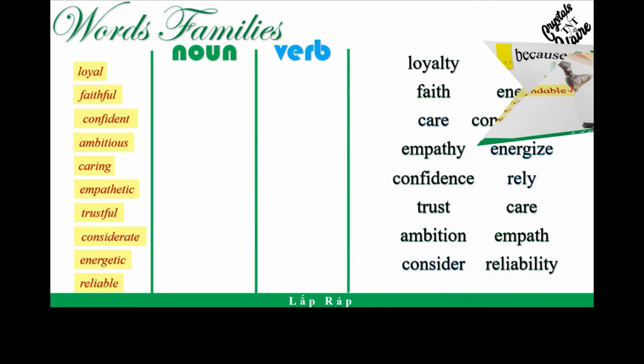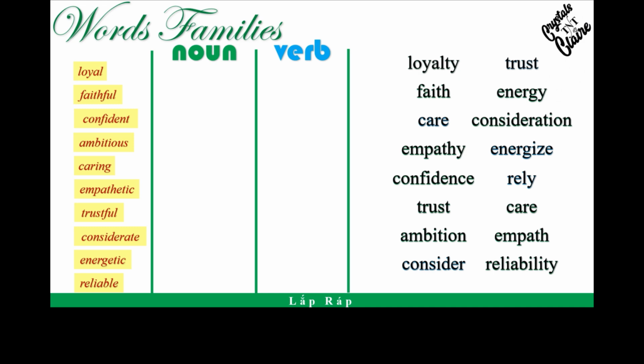Okay, so next, word families. Look here. The first column is adjective, the second one is noun, and the third one is verb. So now you can take out a piece of paper, and then you will try to write down